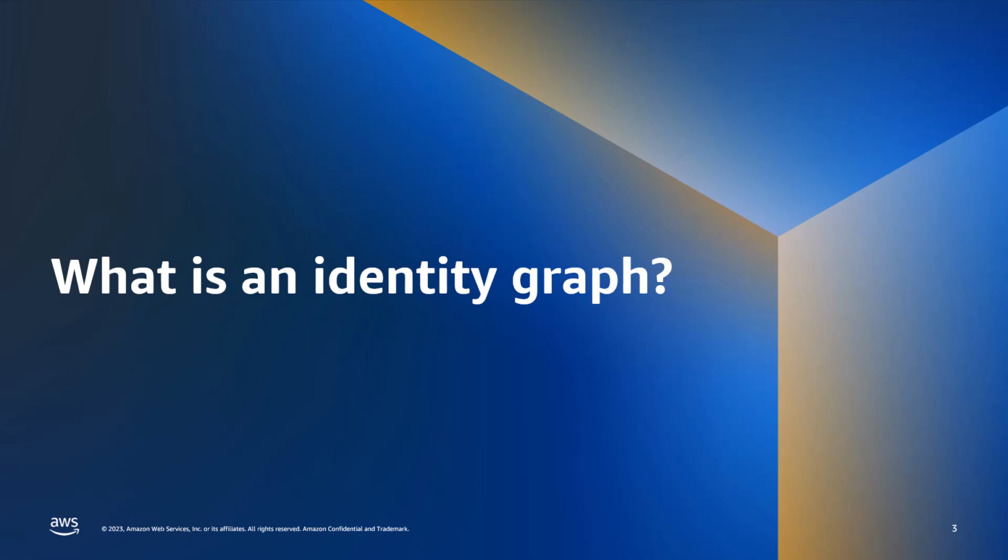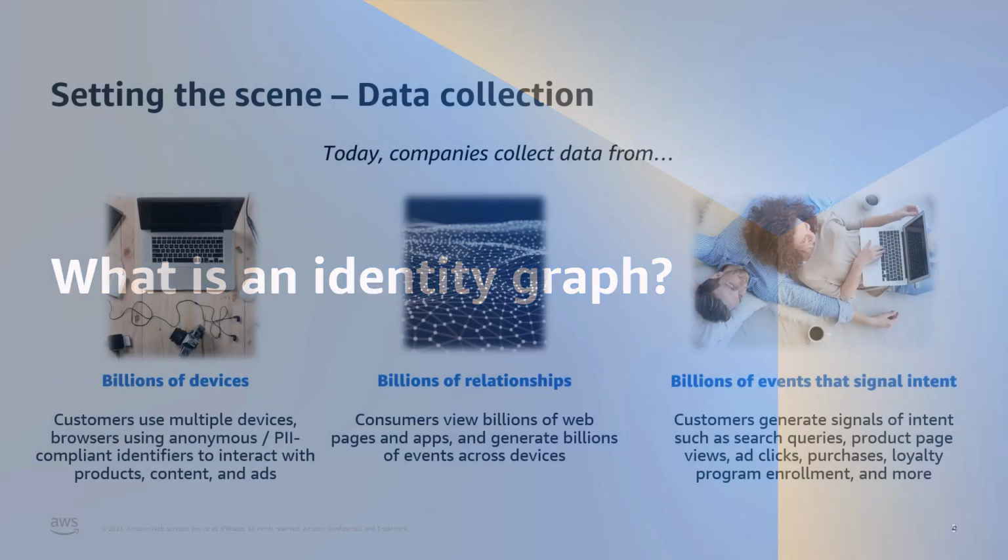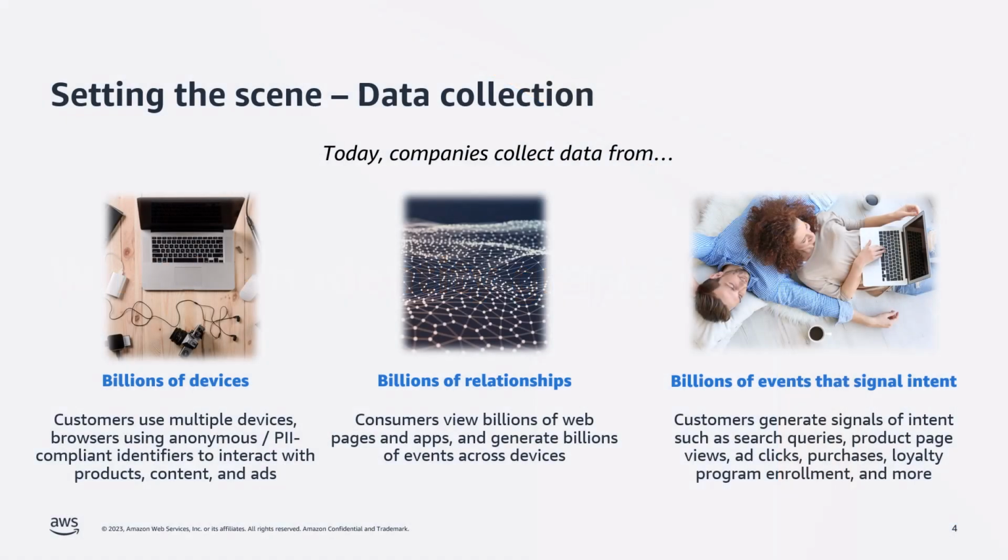So let's start by first understanding what an identity graph actually is. Initially we need to actually work backwards from the problem. So today, companies collect data from billions of devices, and these are relationships, these are events that actually signal intents to purchase, for example. So oftentimes this data lives in different silos, even though it could be information actually representing